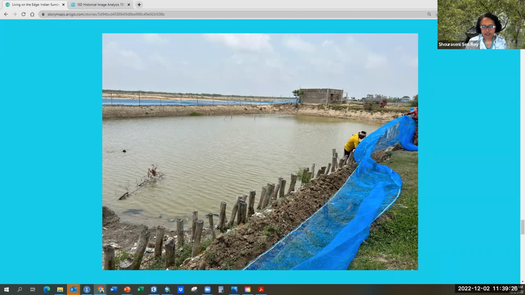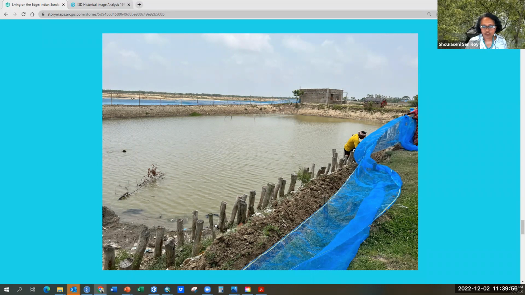So what they have been doing is these shrimp ponds are coming up in place of agricultural land, or they're cutting down forests. They're cutting down trees and building these shrimp ponds. And there has been a lot of criticism about this because the natural mangroves have been destroyed to build these, because this brings more money, but they are much more vulnerable to sea level rise or the storm surges. The mangroves protect them, but this makes these islands even more vulnerable.